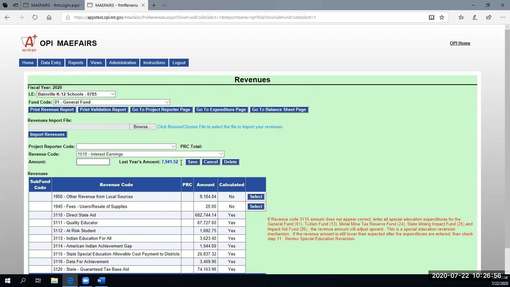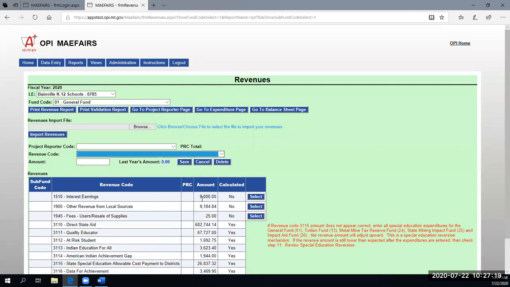This is how much you had in interest earnings last year. This year, you kind of know that it should be approximately the same amount. So this is just kind of a little reminder that says, hey, you had interest earnings last year, but this year you're saying you don't. So if I just put, say, $8,000 in there, and then I save it,